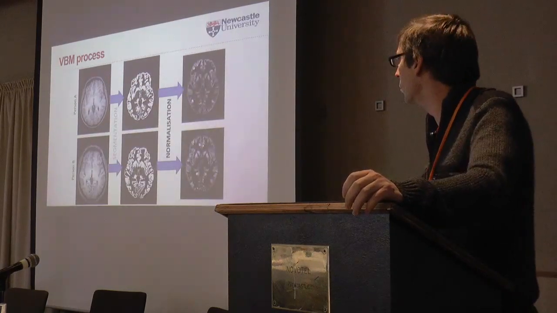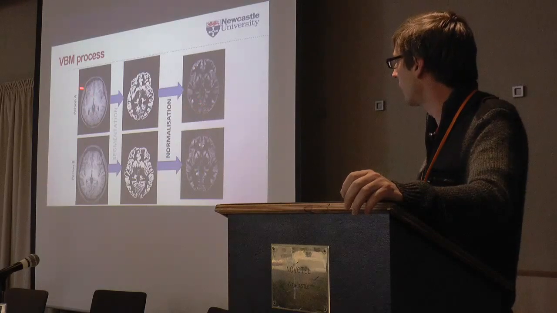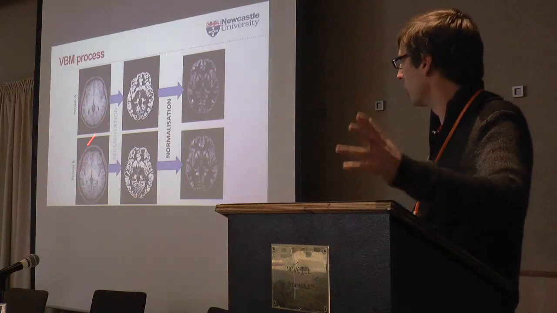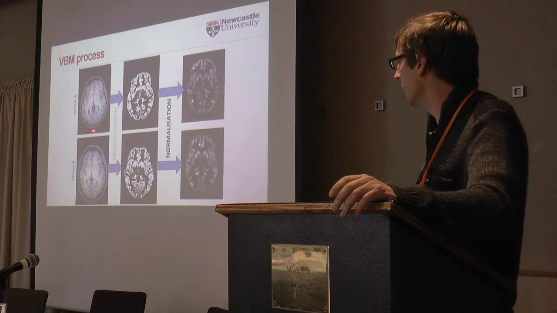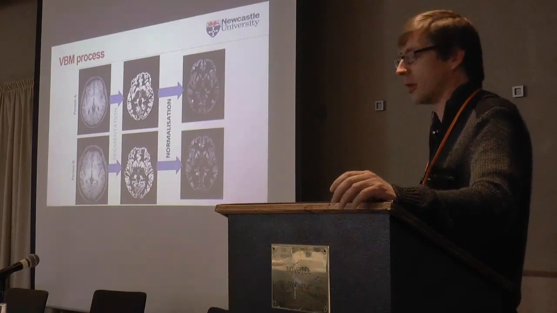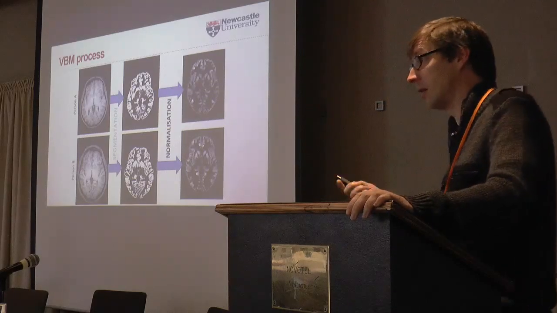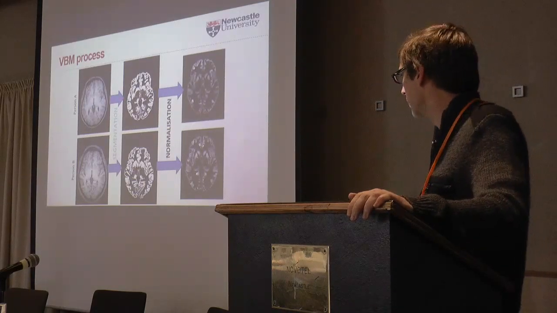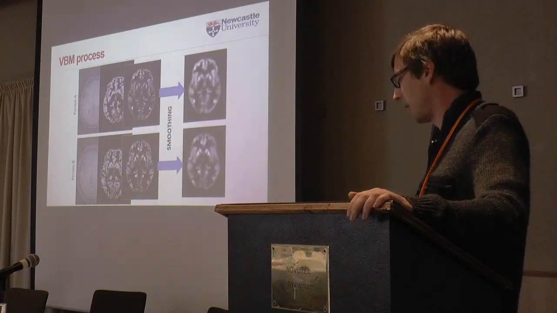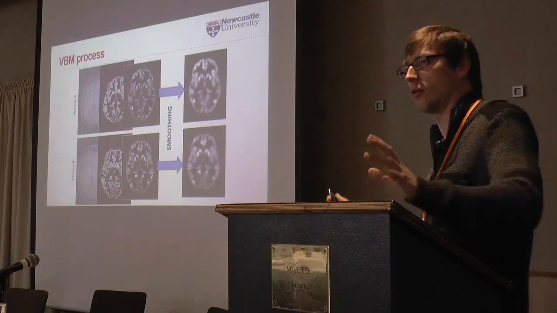Once we've done that, we then warp the individual segments towards a common template, so that brains from multiple different individuals and their segments, after the warping, look far more similar to each other, and that's designed to aid the statistical analysis on a voxel basis. The next step is then to simply smooth this out a little bit. This is primarily thought to